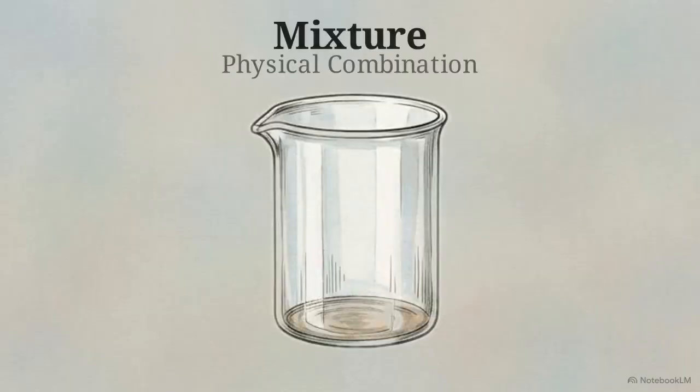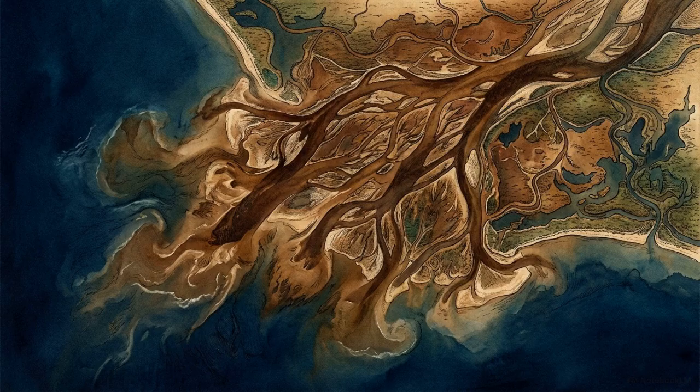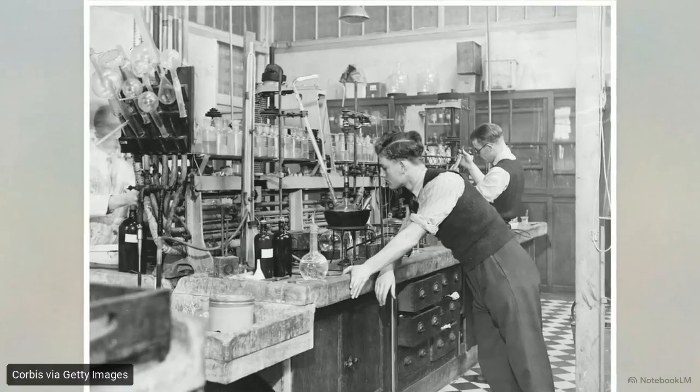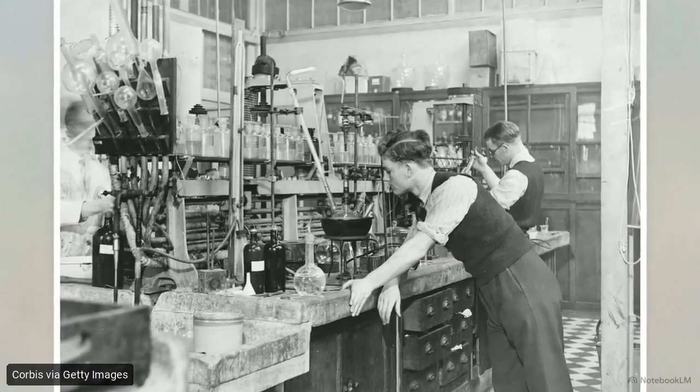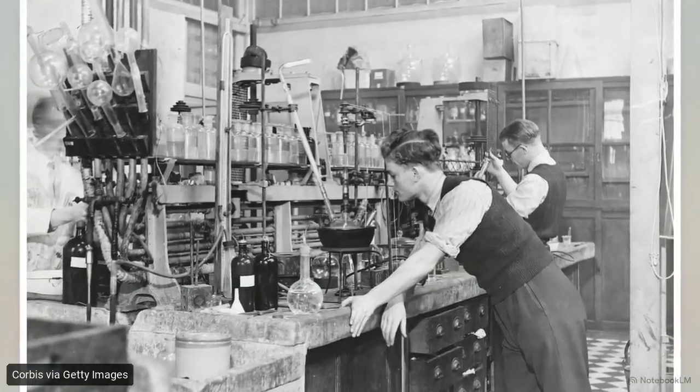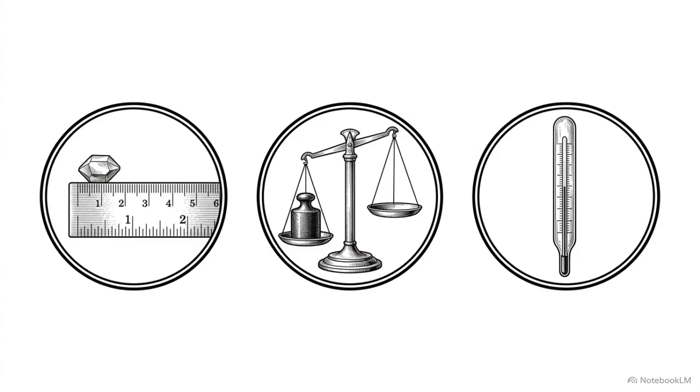Because mixtures are merely physical overlaps of matter, the individual substances within them stubbornly retain their original independent physical properties. This retention of physical properties solves a massive practical challenge in industry, isolating pure resources from complex, naturally occurring mixtures. Chemists achieve this isolation by exploiting the physical differences between the mixed substances. If the components have different physical sizes, densities, or boiling points, they can be untangled.